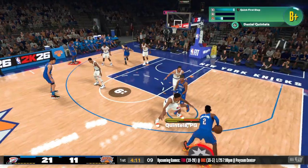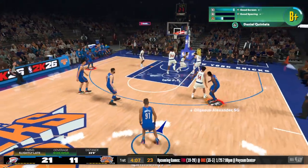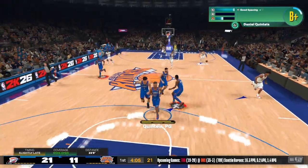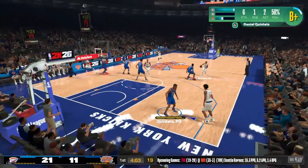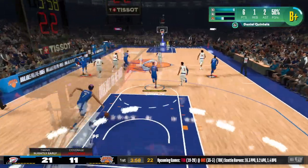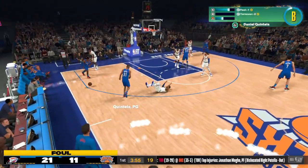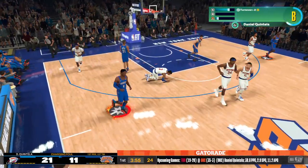Outside Gilgeous-Alexander. Releases. And again, Oklahoma City, no good. Well, they shouldn't be giving that shot to anyone, but they certainly shouldn't be giving it to him. That's a big break for the defense. A lot of defenders choose to just back up off of him when he's in that tight, try to avoid the and-one, and this time